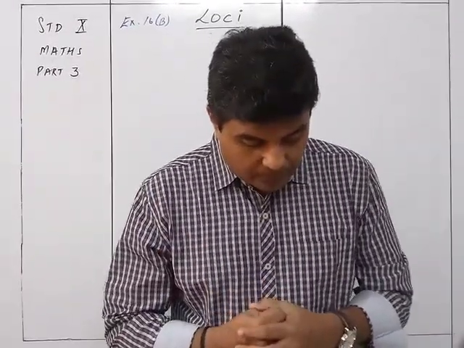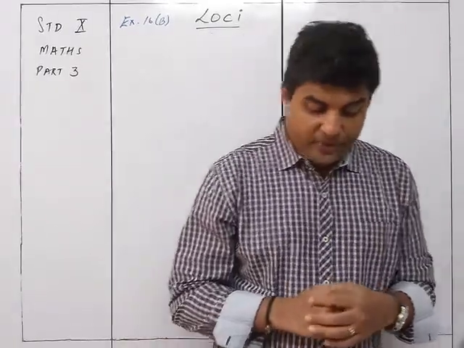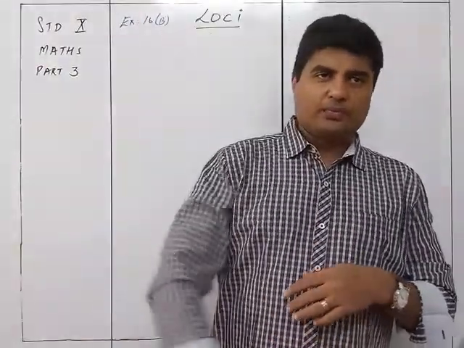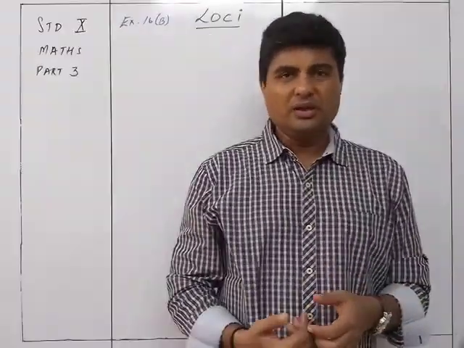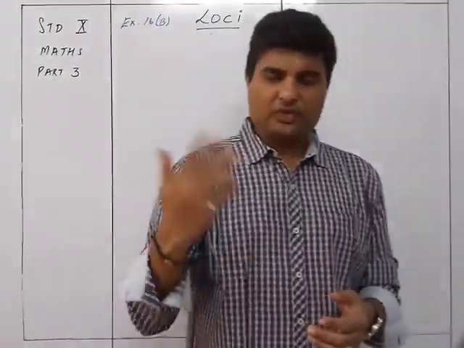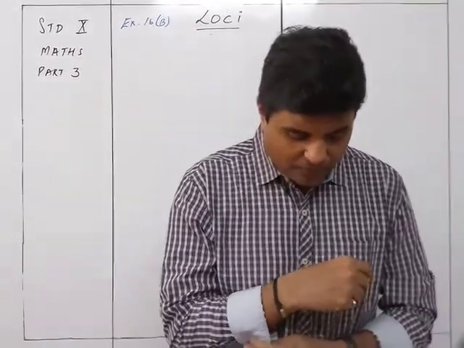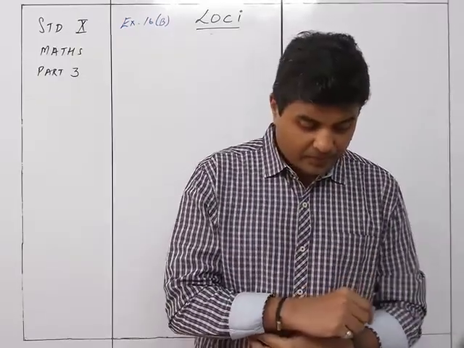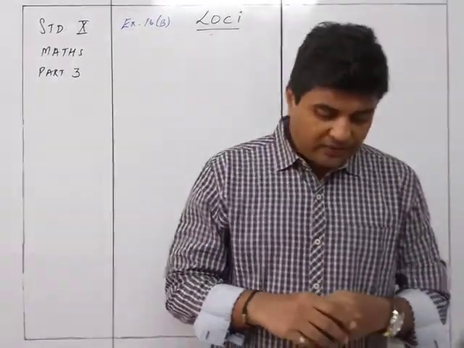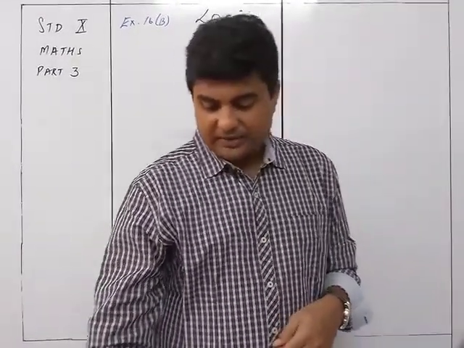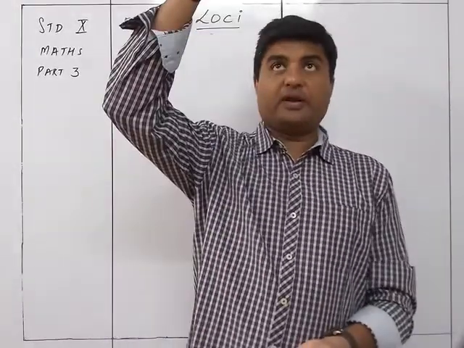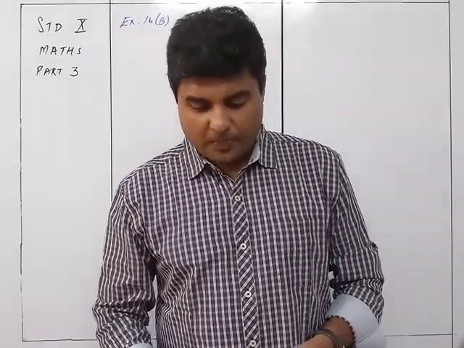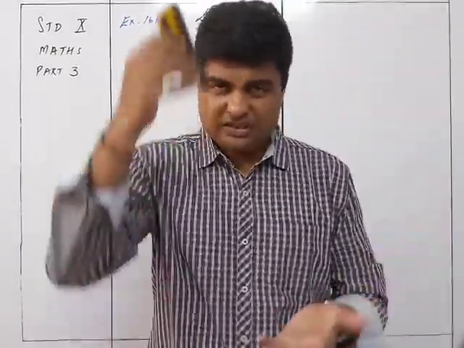Fourth one, the locus of the moving end of the minute hand of the clock. If the minute hand of the clock moves fully, what will it do? Circumference of a circle with radius equal to the length of the minute hand. Fifth one, locus of a stone dropped from the top of a tower. You just drop a stone from the top of a tower. It will be a straight line perpendicular to the base, a vertical line through the point from which the stone is dropped. So it's just a single vertical line.